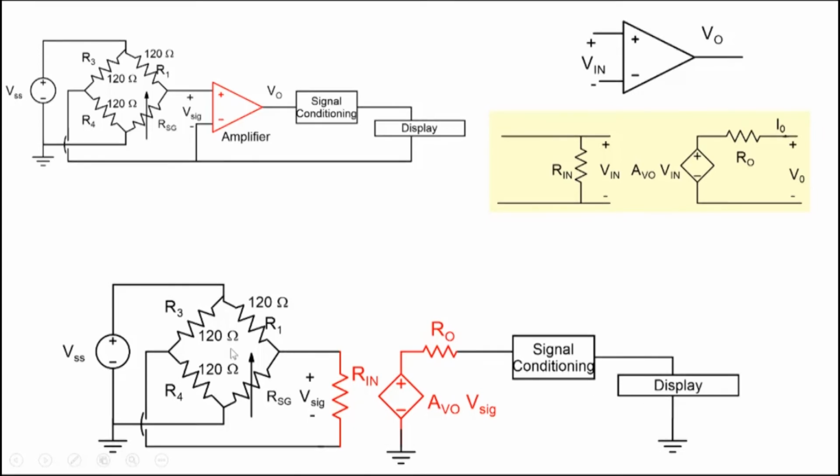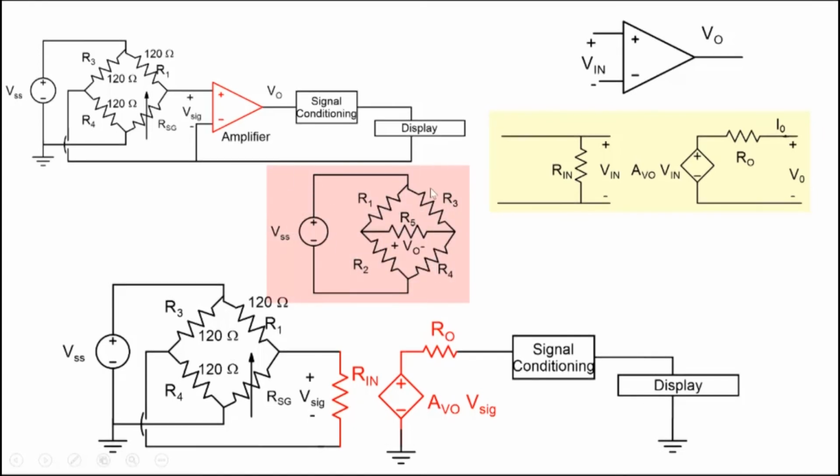We can redraw this into a more general form. We have 4 resistors, and in between we also have a resistor. So this is the Wheatstone bridge circuit that you're well familiar with. When it is balanced, the voltage across V naught is 0. But if it is not balanced, then there will be a voltage across it. We'll see this Wheatstone bridge in other places also. So the point is